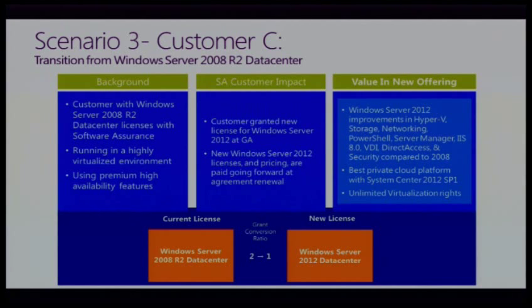As a benefit of software assurance, this customer is granted one new license of Windows Server 2012 Standard for two Windows Server 2008 R2 Datacenter licenses and receives the benefit of the premium high availability features inherent with Windows Server 2012, such as improvements in Hyper-V, storage, networking, PowerShell, Server Manager, and more.